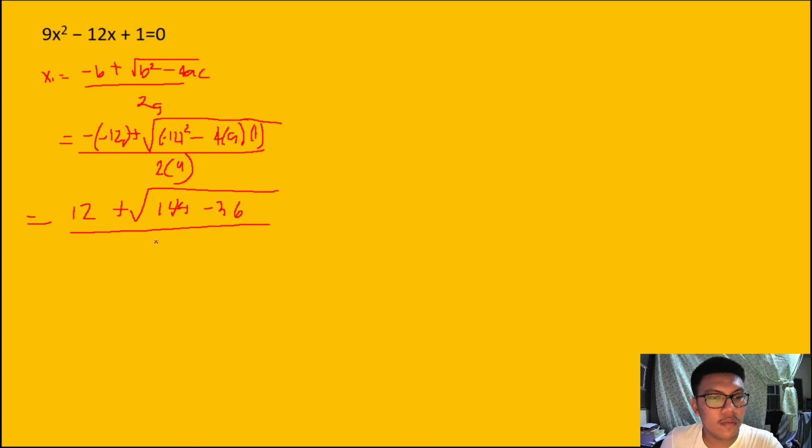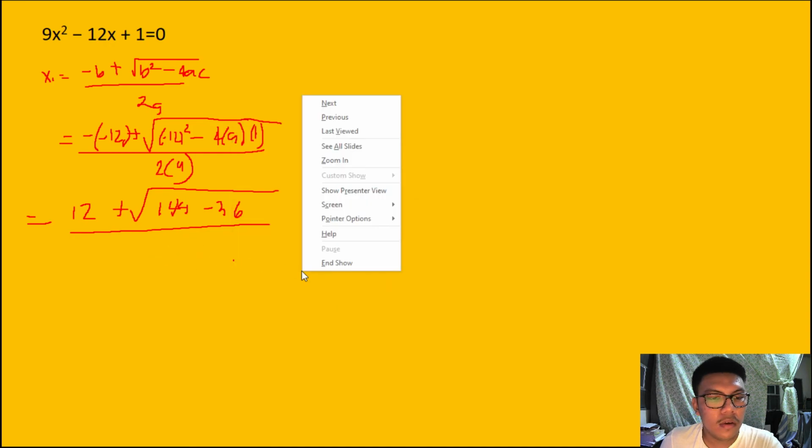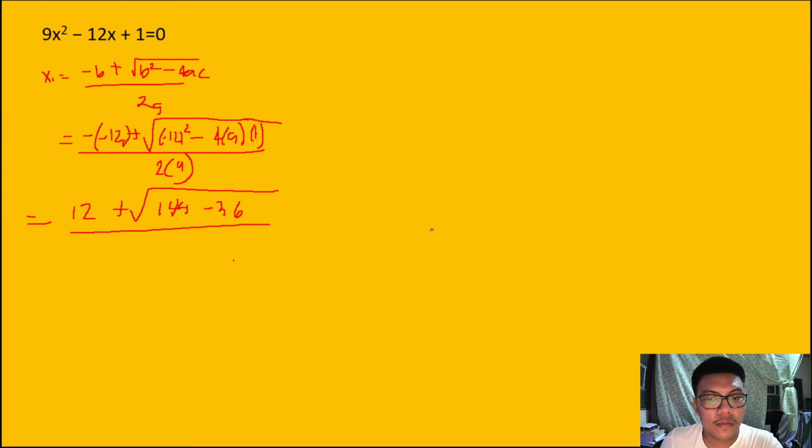So all over 2 times 9, that is equal to 18. So we have 12 plus square root ng ating 144 minus 36, that is equal to 108